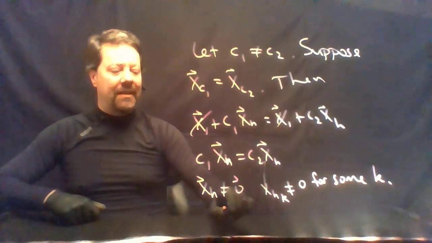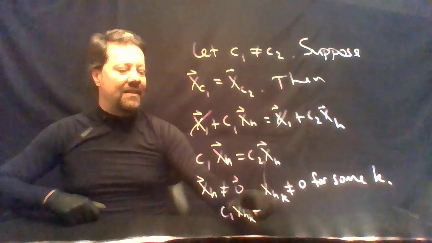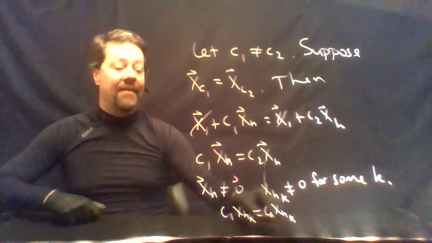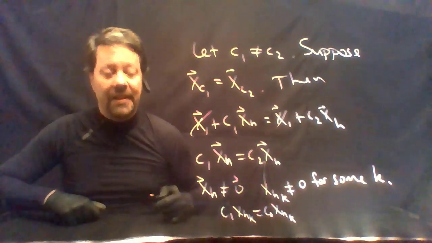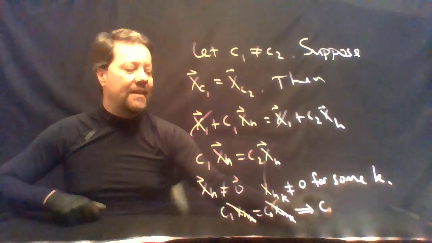This equation then implies that c1xhk is equal to c2xhk, and this is at the level of real numbers where the cancellation principle does apply, and that implies c1